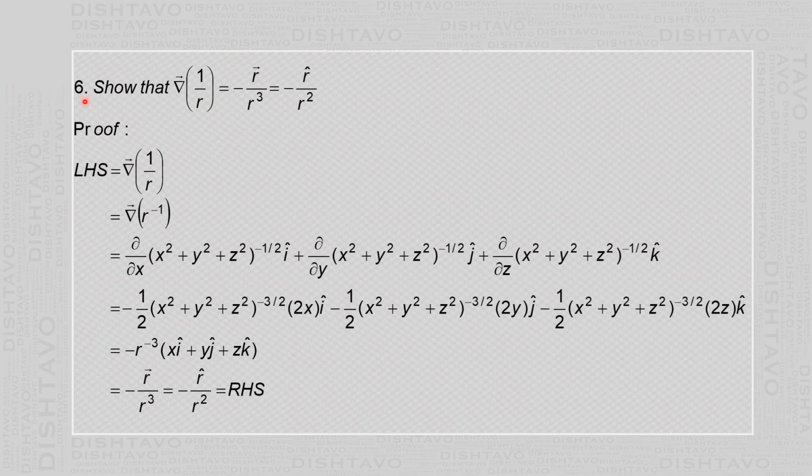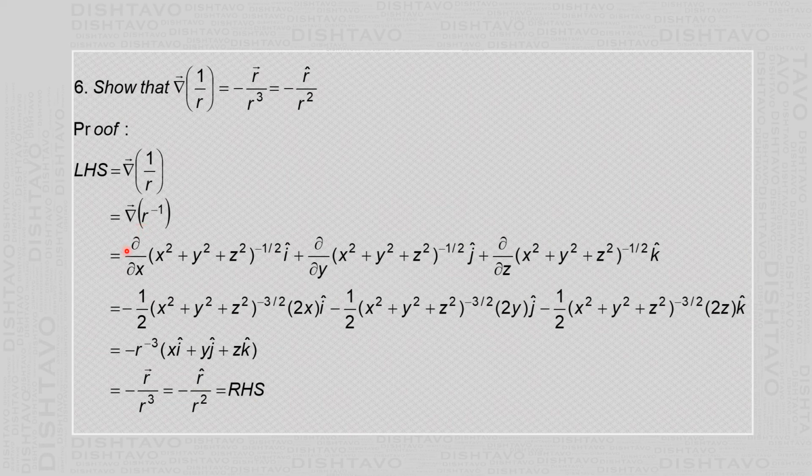The sixth identity is del of 1 by r equal to minus vector r divided by r cube, equal to minus unit vector r divided by r square. So let us start with the left hand side, which is del of 1 by r, which means it is grad of 1 by r. So we write 1 by r as r raised to minus 1, and then we use the formula for grad of r raised to minus 1,